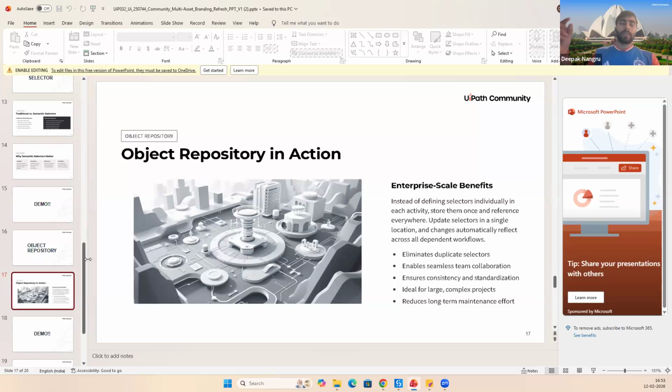For example, if you have the basic selector, the semantic one is just a fallback. If that fails, you can go there, because that way you are setting the prompt for what it is. In the healing agent, you don't have any control over what it should do. With the semantic selector, we are telling it the proper context of what it has to do. With the healing agent, it's not like that. The semantic selector is in the dev environment, and you can set that up yourself. So these are the basic differences.